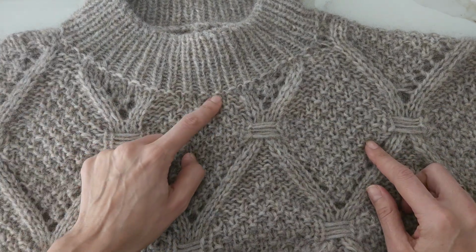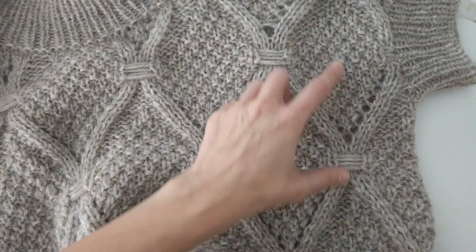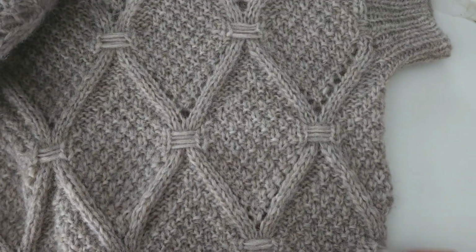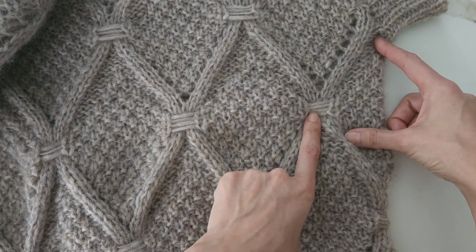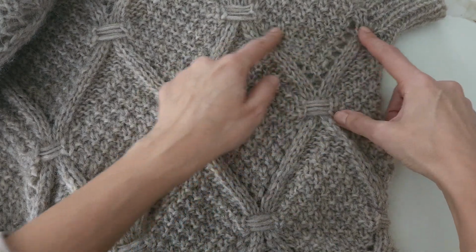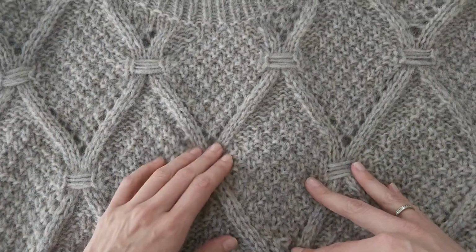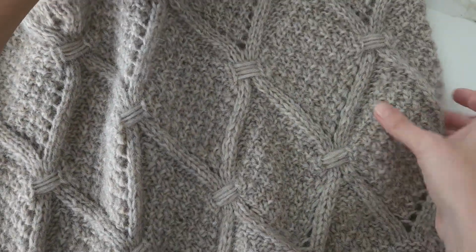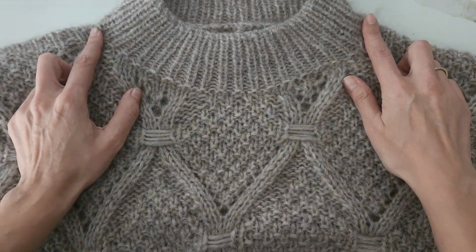Then when I reached the point here, which is about 2 full patterns. Sorry, my mistake in explaining earlier. The division happened here after knitting 1.5, almost half of a pattern. And then when I needed 2 complete patterns, almost 2, here are the 2 complete patterns, 1 and 2, I started to divide them for decreasing stitches for the